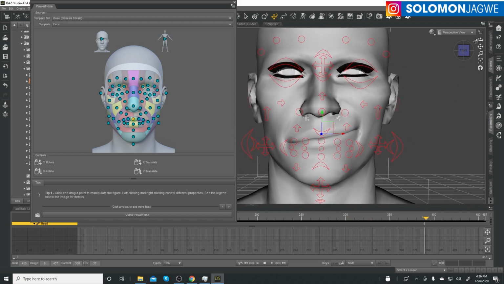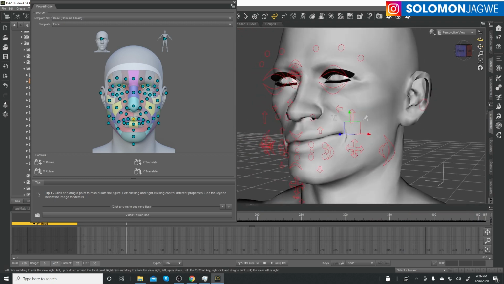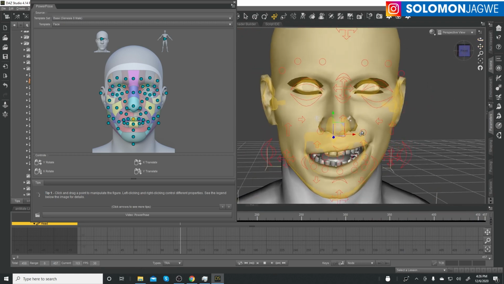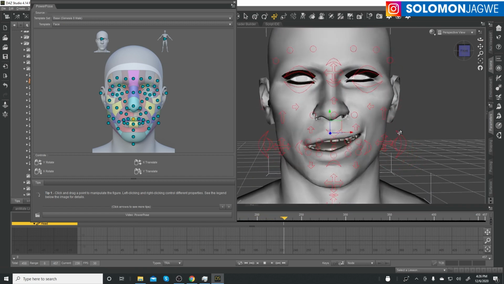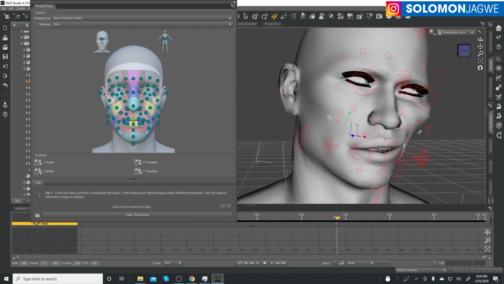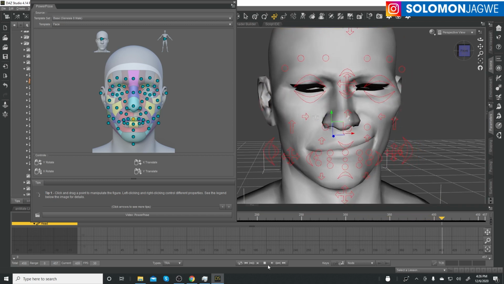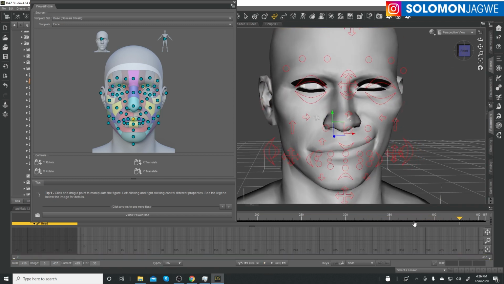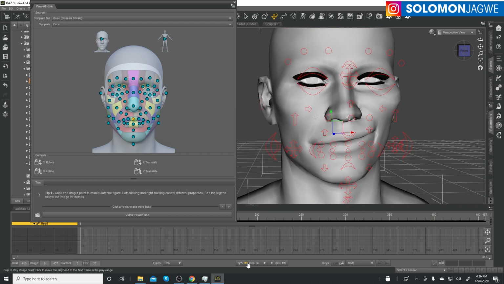Yeah, okay, so you get the idea. And what I did here was I combined both systems to get that sneer. And again, like I said, you don't have to have the face controls, but if you have it, then you get a chance to do some nuanced editing for that. Okay, and you can key different parts of them, so this sneer doesn't have to stay the same. It can actually move. So if I go back to the beginning,